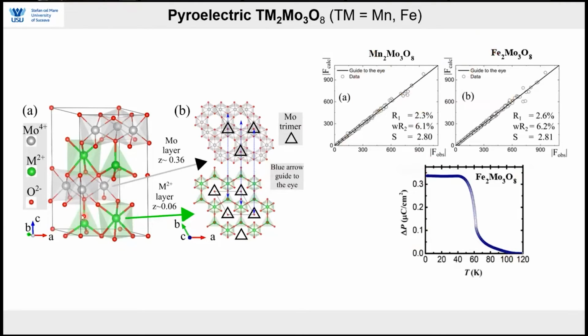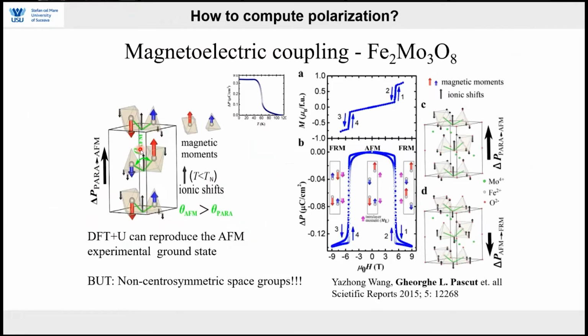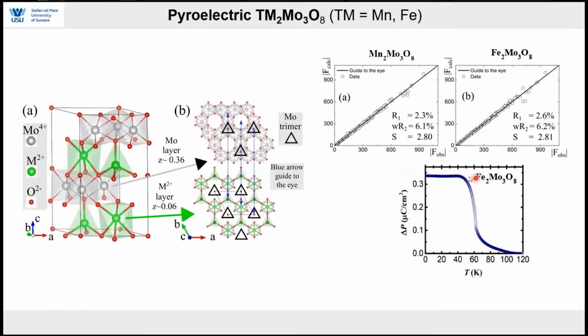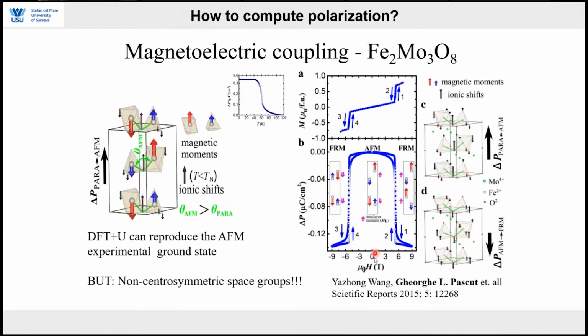Now, the structure, as I said, you have layers of tetrahedra and octahedra, where inside you have the transition metal, manganese or iron. Then you have a layer like here where you have molybdenum trimers, and then again you have a layer of transition metal iron. So this is a very complicated structure. Besides having this large polarization, you can also tune the electric polarization with the magnetic field, which makes this material